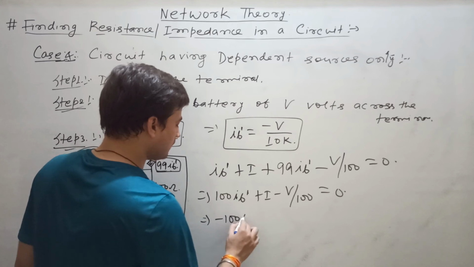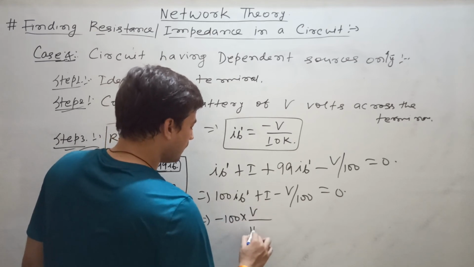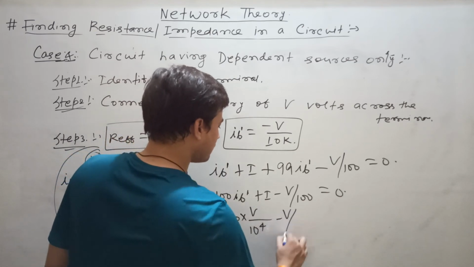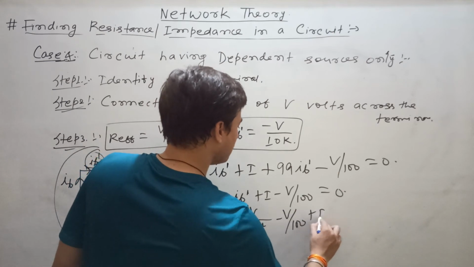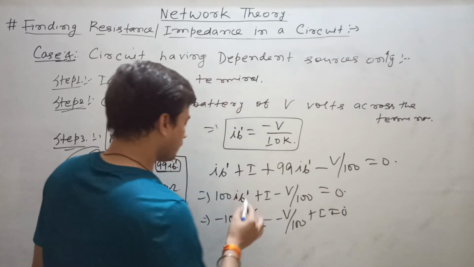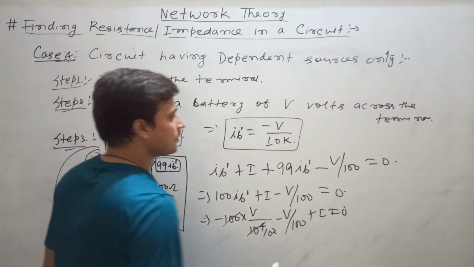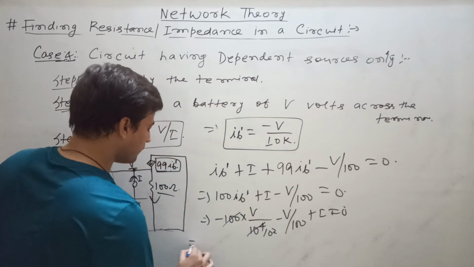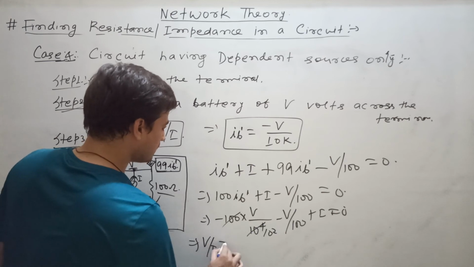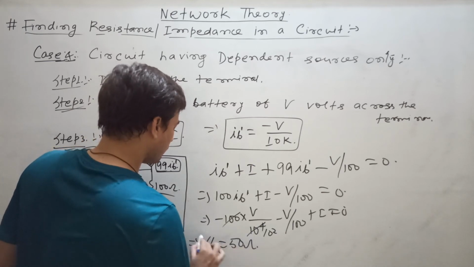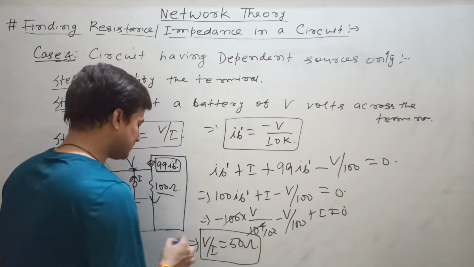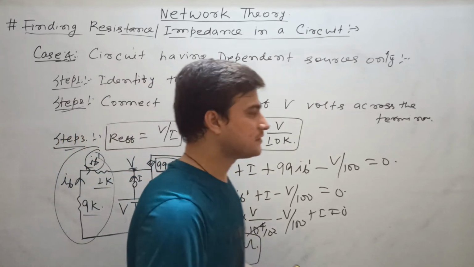So minus 100 into V divided by 10 to the power 4 minus V by 100 plus I will be equal to 0. So from here if you calculate, V by I is coming